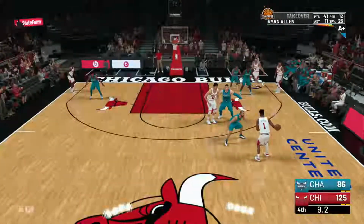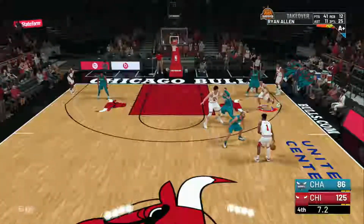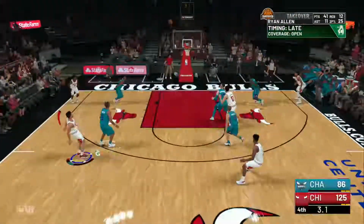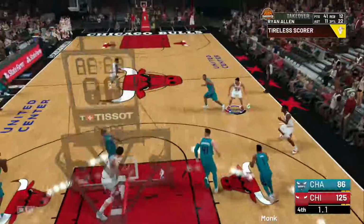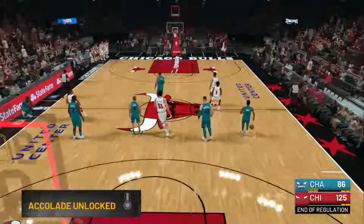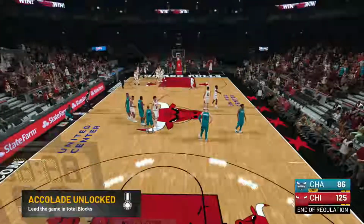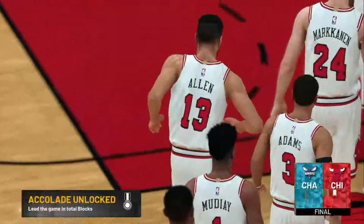Here's Moutier. Allen outside, trying his luck deep. He can't get it to go. And so Chicago takes this one, and by a big margin. This game may not have been the most exciting we've ever seen, but you have to